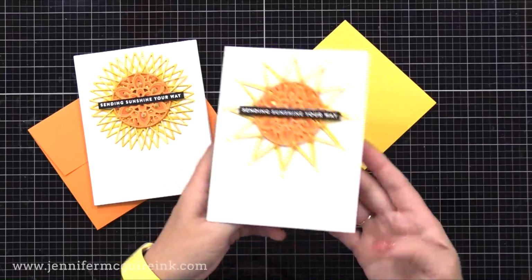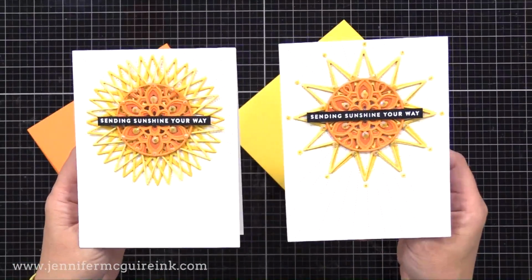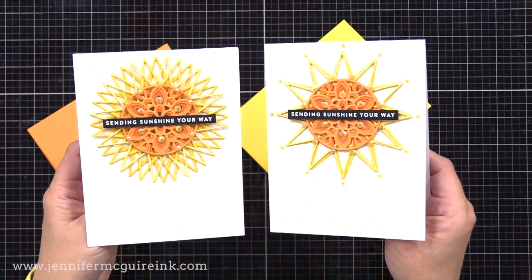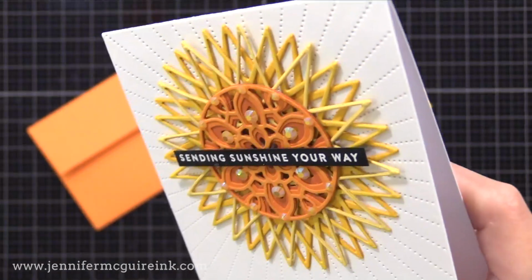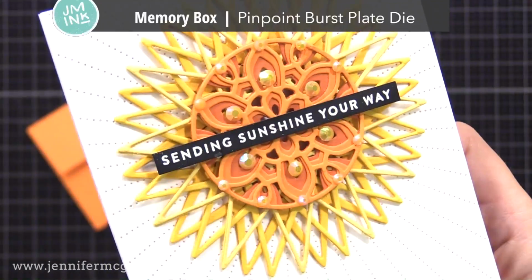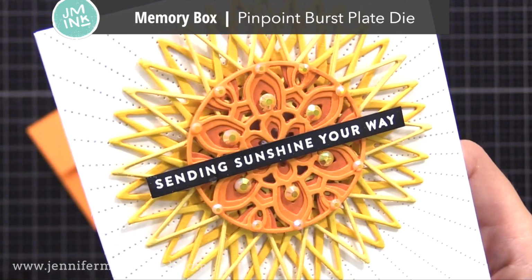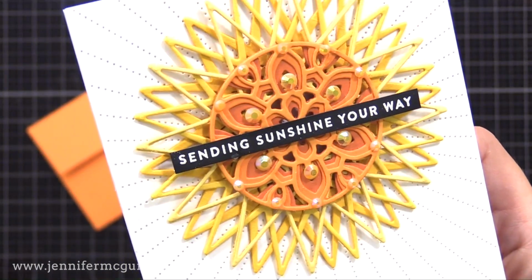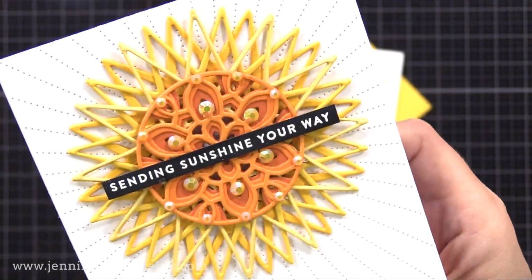Here are our 2 cards, and you can see how the rays of the sun are different depending on how I layered that same layering die set. I did add some little gemstones and pearls to the background. I just felt like that sparkle really added to the sunshine feel of this. And I used the Memory Box Pinpoint Burst background die to create those additional rays, the pinpoint ray pattern on